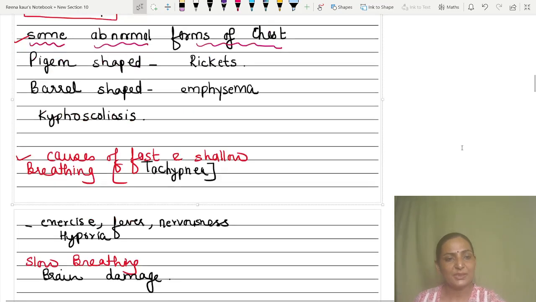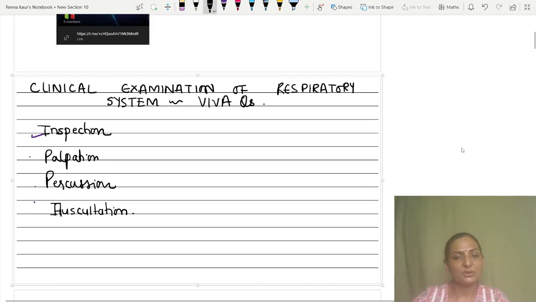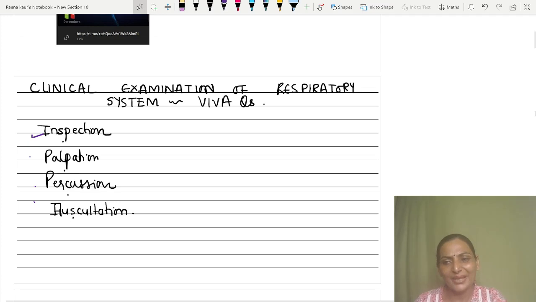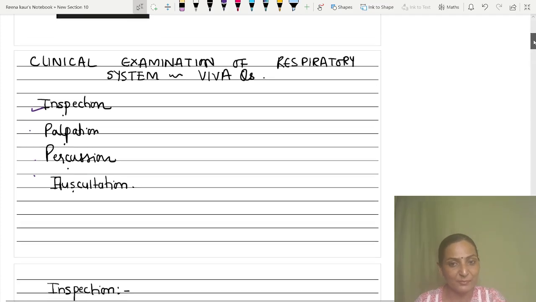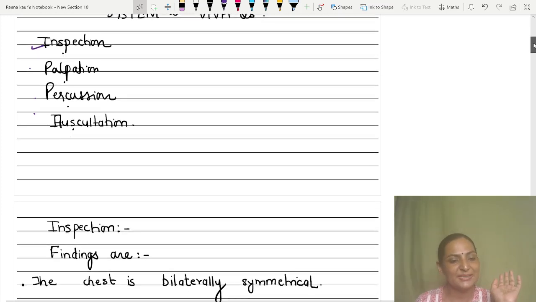Now the most important thing is that when you are going for the respiratory system examination, it is a systemic examination. So it is under 4 headings, that is inspection, palpation, percussion and auscultation. And in the exam any one of it is asked to you. You don't get all of them. Any one question comes to you from respiratory, because there is clinical one which is RS and CVS. So one question will be RS and one question will be CVS.